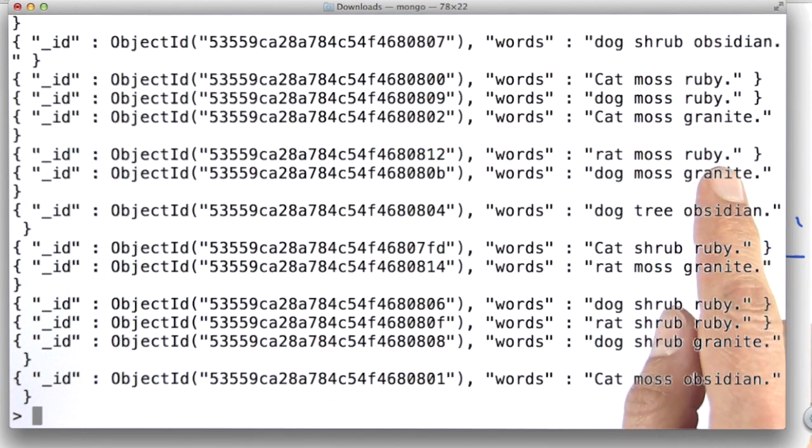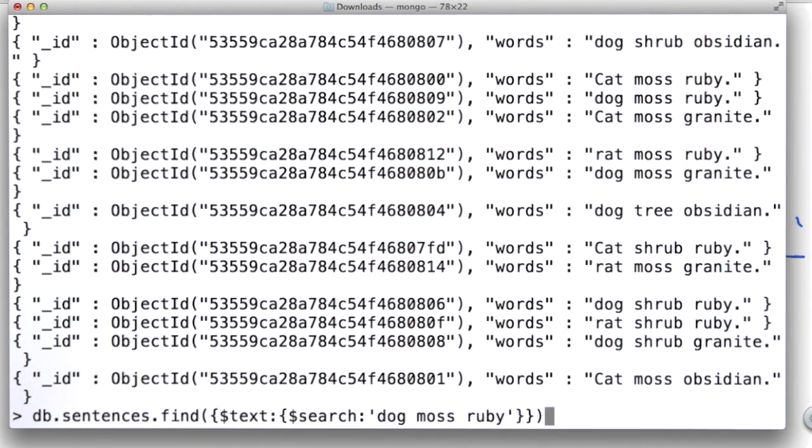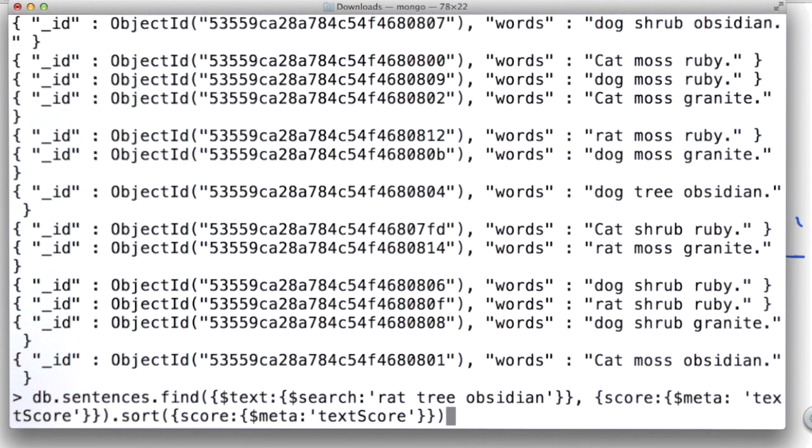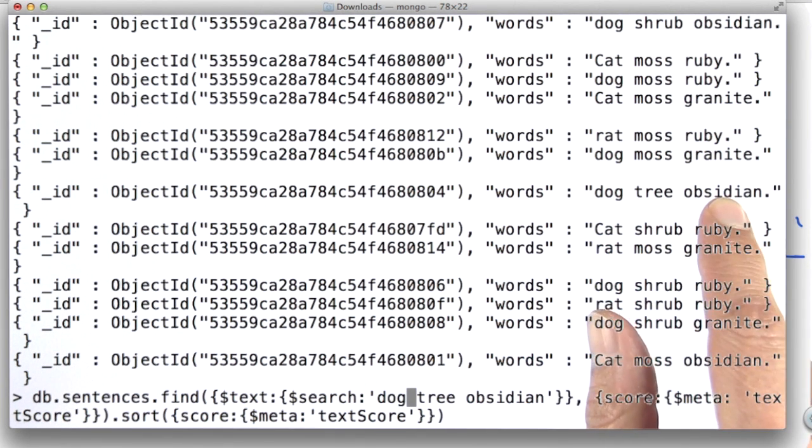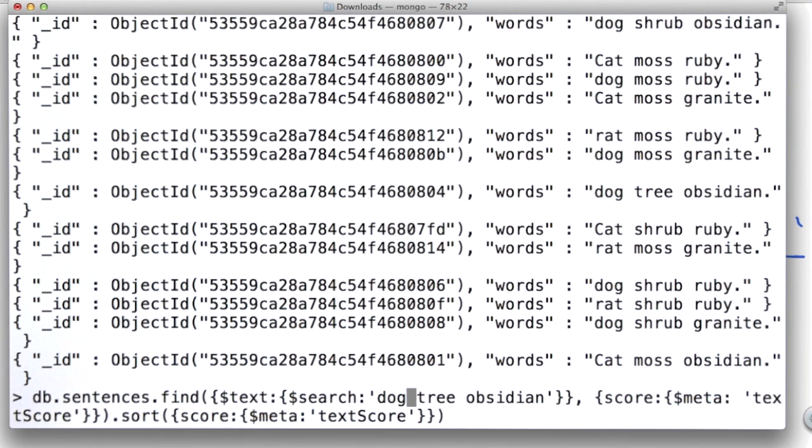So let's look for one of these. I'm going to show you the syntax for this. Alright, so let's look for dog tree obsidian. Let me go back and change this. And we can see the document right up there with dog tree obsidian. I mean, the best match for dog tree obsidian should be the dog tree obsidian document. But we're going to do something special now. We're going to project a score field, and we're going to use a special $meta operator